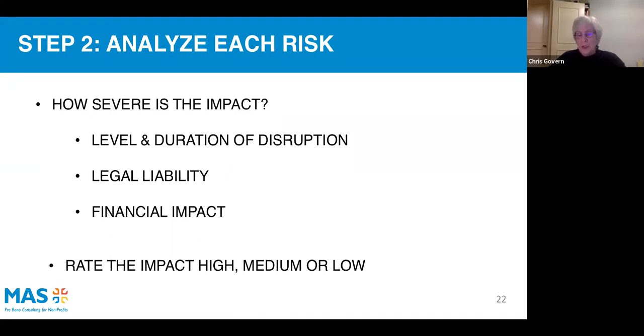But if I'm in an organization that has a succession plan in place, we're already working on ensuring that we may be double teaming the ED on key relationships with donors and funders. We're ensuring that key pieces of what the ED does are documented so somebody can walk in and do it. Well, if I have that risk mitigation in place, the impact for my organization of losing that key person, which